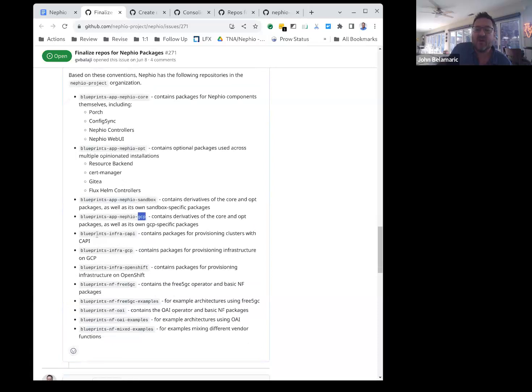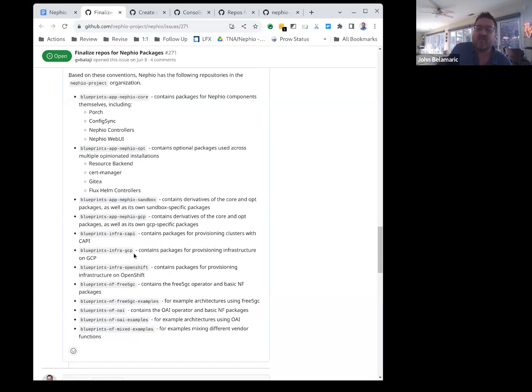Now we get into other ones like blueprints infra CAPI. So this is infrastructure blueprints for dealing with CAPI. Blueprints infra GCP. So here's where I have my cluster, my basic, actually, I need another one.